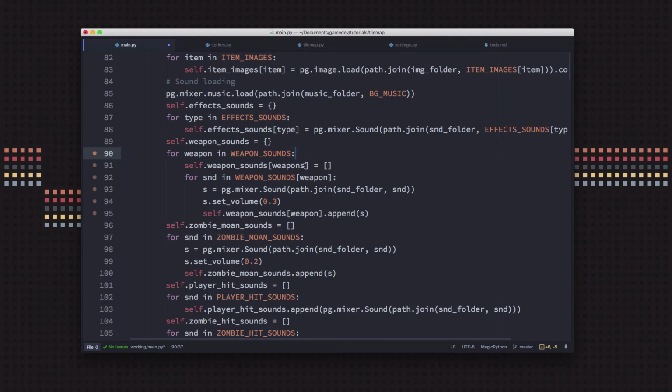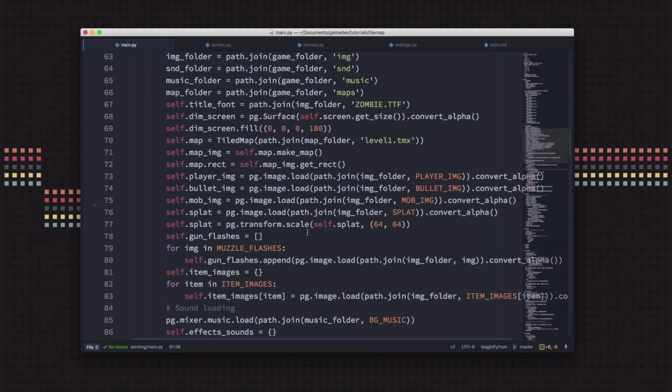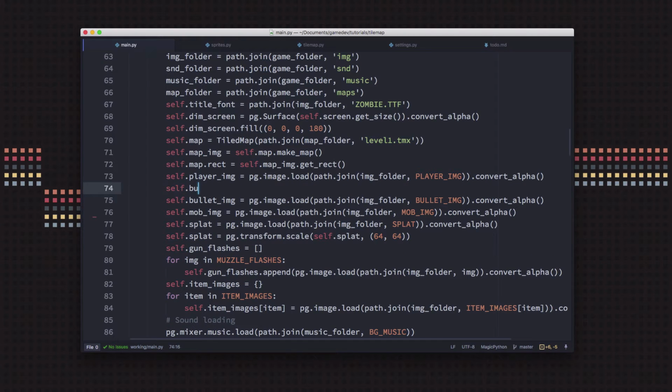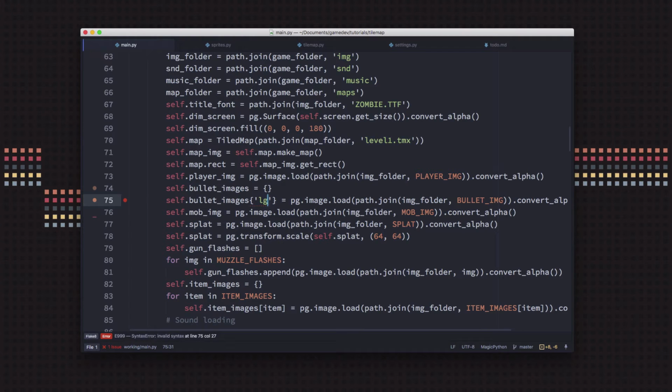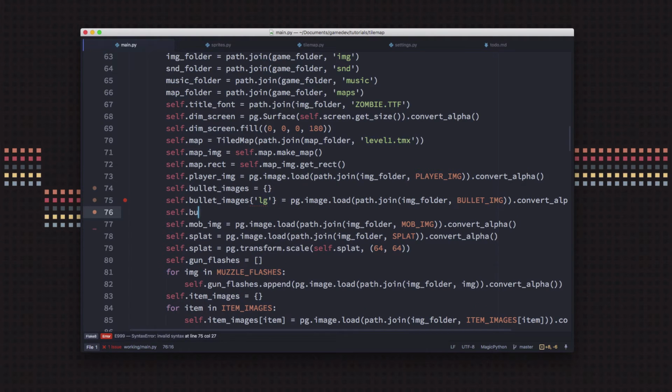All right, and the other thing, I just noticed there's an S on there. Okay. So the other thing too is the image, right? So this bullet image, we actually want two of them. We want a large and a small. So we're going to have bullet images also be a dictionary. Dictionaries are so useful. And bullet images large will be this one that we have been using. And bullet images small,